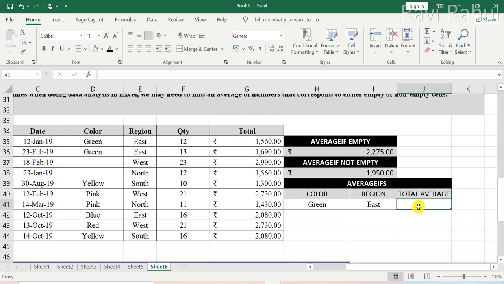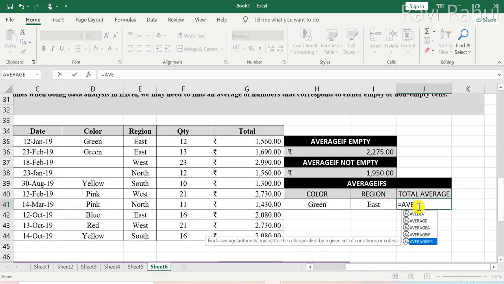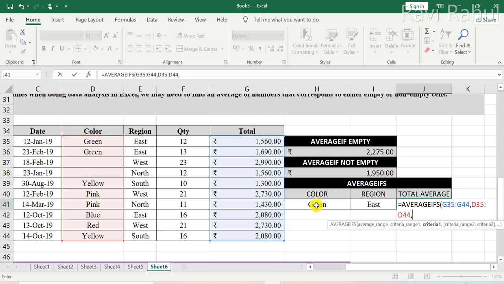Now what you have to do is type in the formula AVERAGEIFS and select the average range, that is the total sale amount of the products, and then I will select a criteria, that is the color, and I will make it dynamic.